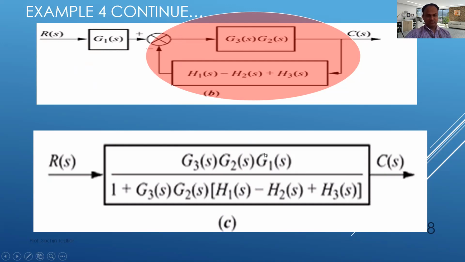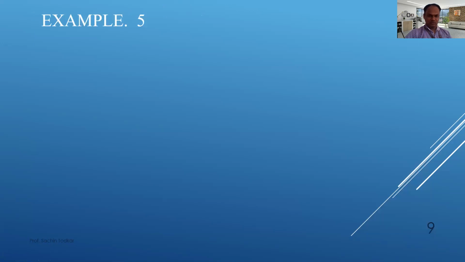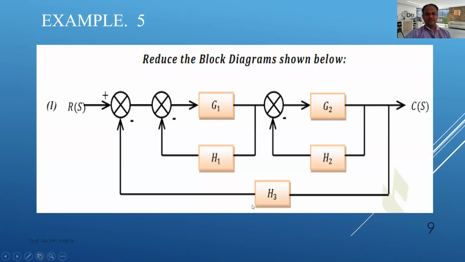cascading. So those who have joined late, I'll just tell you that we are going to use the simple 6 rules of that block diagram reduction in these examples. So don't worry, if you have not understood first 3 examples or first 4 examples, this example is self-explanatory. We'll see this example. In this example, you'll get to know there are 2 feedback loops. This G1H1 and G2H2. These are 2 feedback loops.